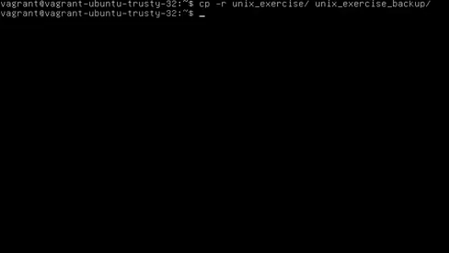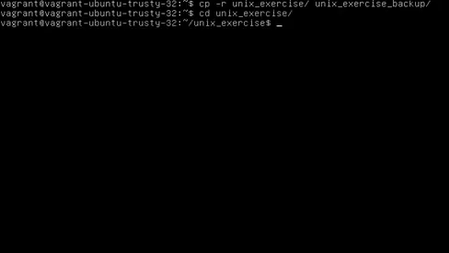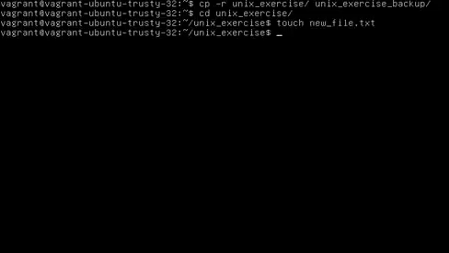Press enter, and let's change directories to the Unix exercise directory. Let's create a new file using touch. Our file name is going to be new_file.txt. Now we want to move this file to the home directory, and in this case it's the parent directory. So the command to move files around is mv, and just like copy, mv needs two inputs. First, it needs the name of the file you're moving, and the second thing it needs is the destination of this file. So mv